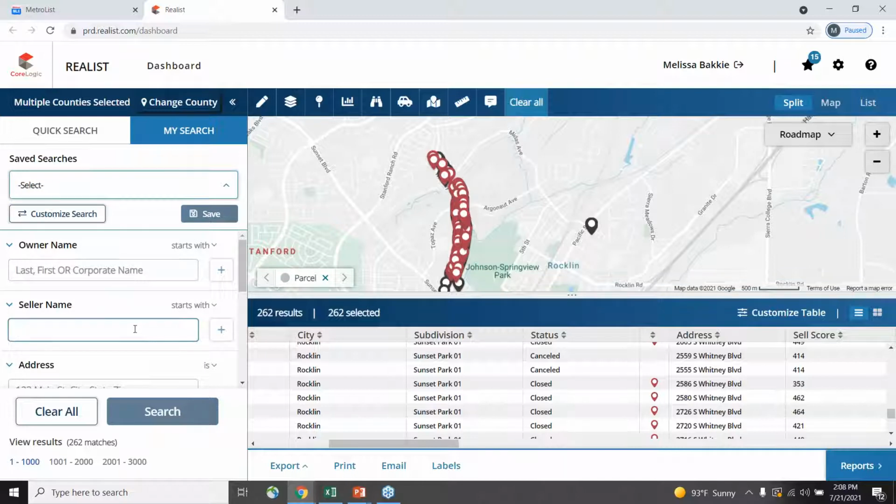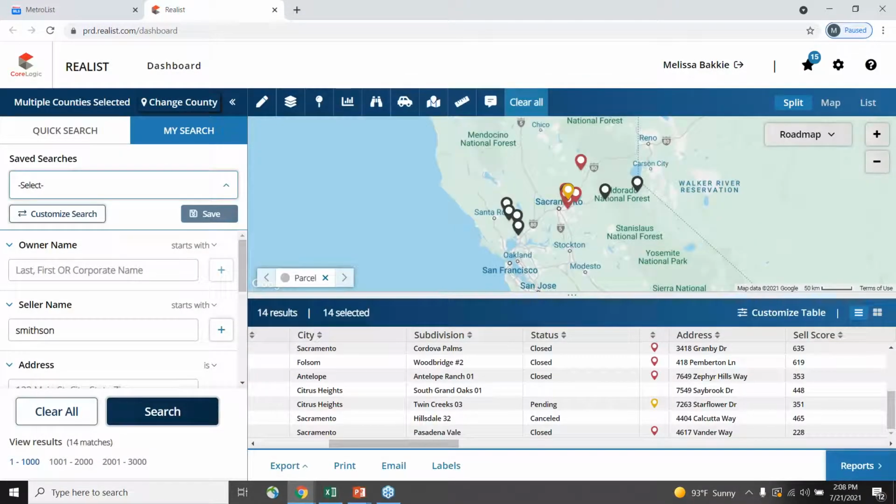Okay, so if I want to pull up a property, and maybe I can't remember the current owner's name, but I know the seller's name was Smithson. So let me go ahead and type that. I'm going to click search, and you can see I have 14 matches, and they span all the way from